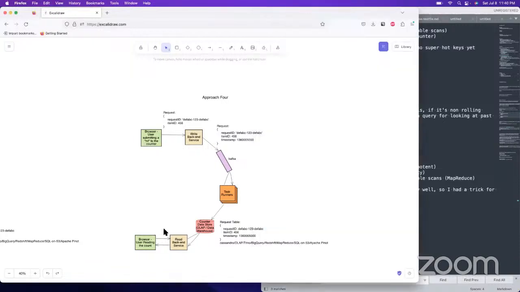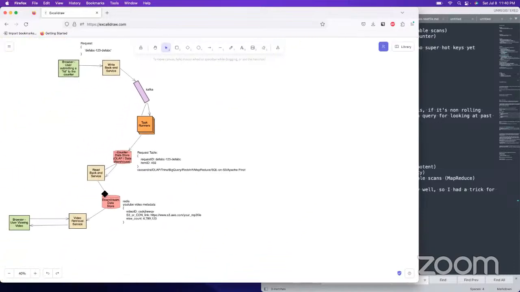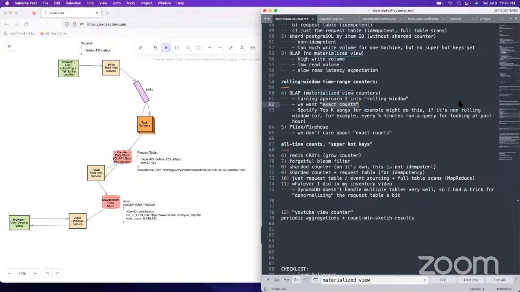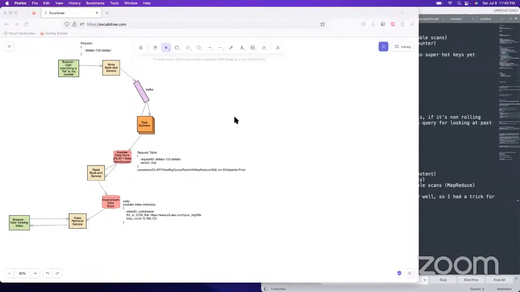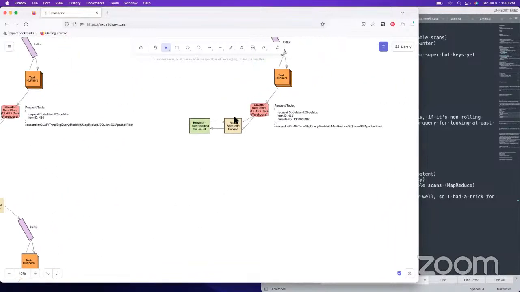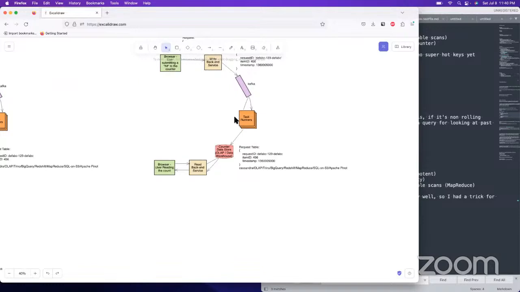Oh, and this is actually where you would probably have something that looks kind of like this. This might have actually been what I was thinking about for approach 3. We've got them recorded now, I think, and they'll be in the text files, where we've got both of these approaches.